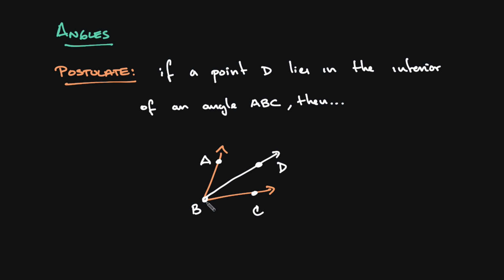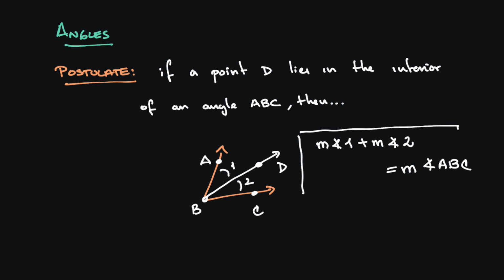The measurement of angle ABD, let's call it 1, and the measurement of DBC, let's call it 2. So the measurement of angle 1 plus the measurement of angle 2 will be equal to the measurement of the whole angle ABC. If I add this angle with this angle, obviously I will get the whole thing. This is a really important result. This is actually called the angle addition